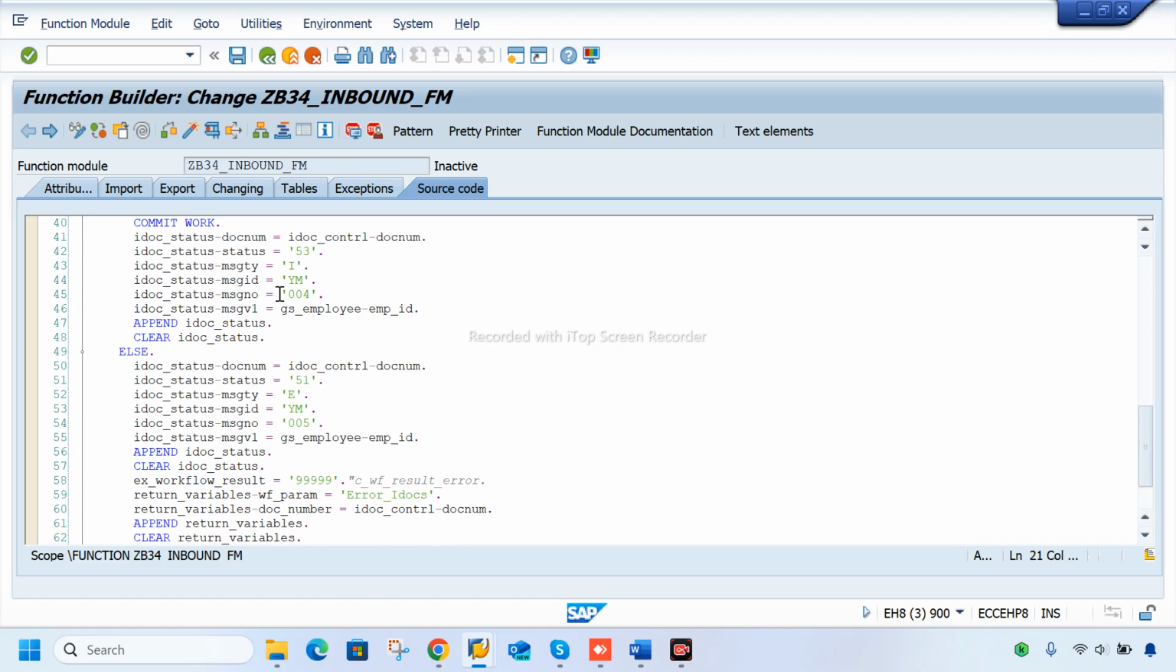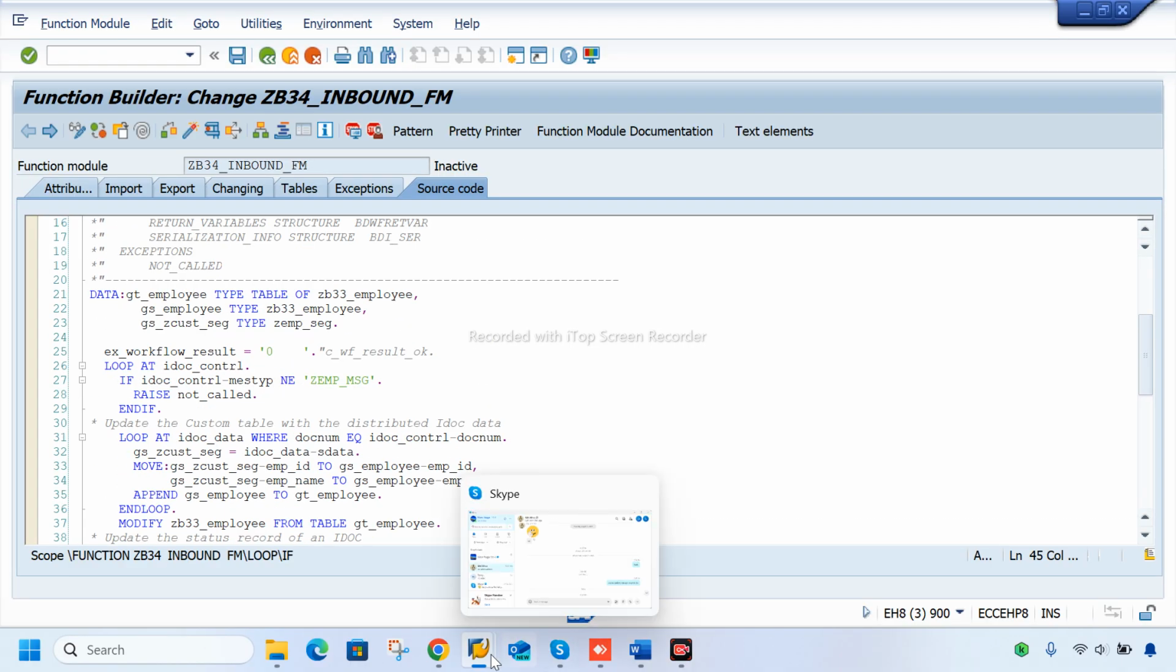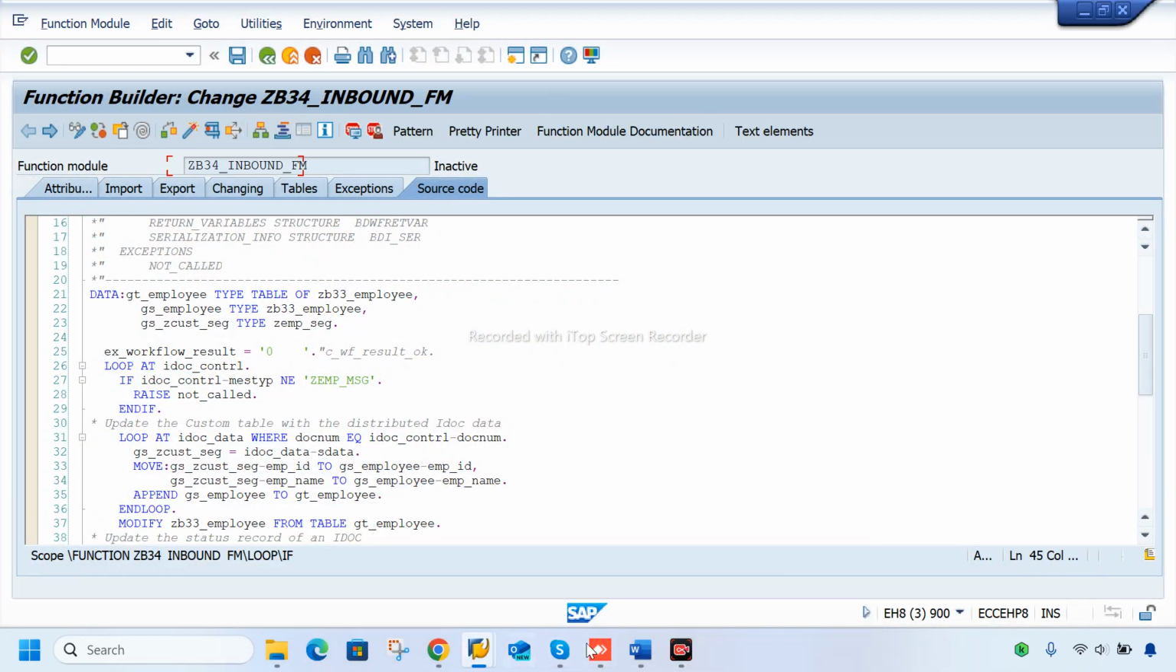And here there is a status 53 message type, message number. And here the main thing in the report, when we call this IDoc into the report, here we see